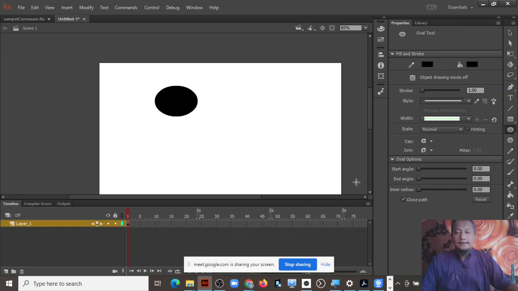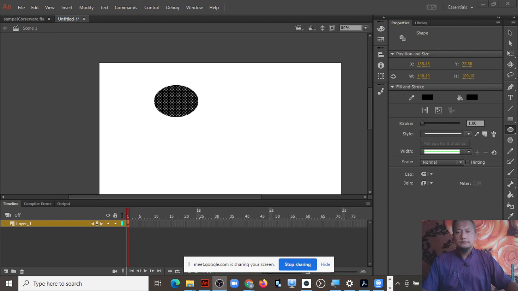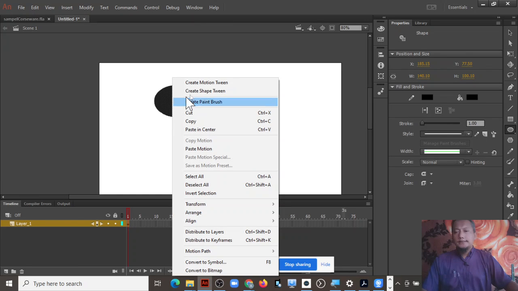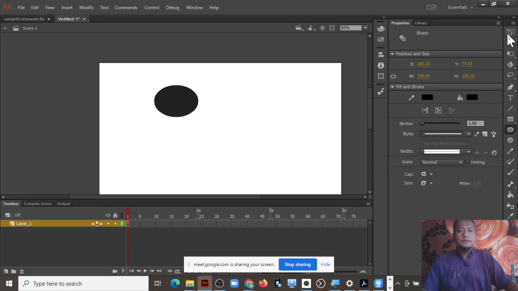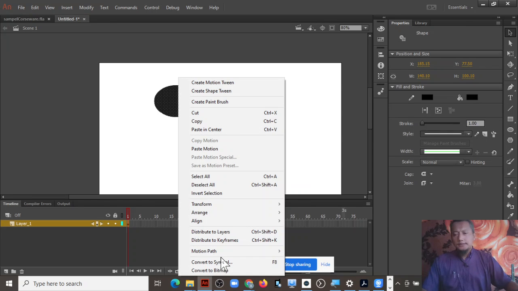Okay, you draw, and then we right click. You can use a selection tool here, then double click and right click, Convert to Symbol.